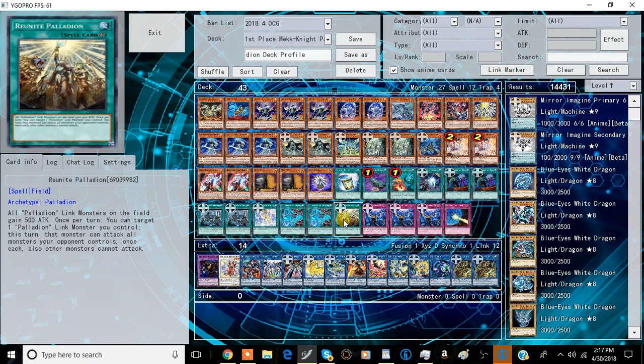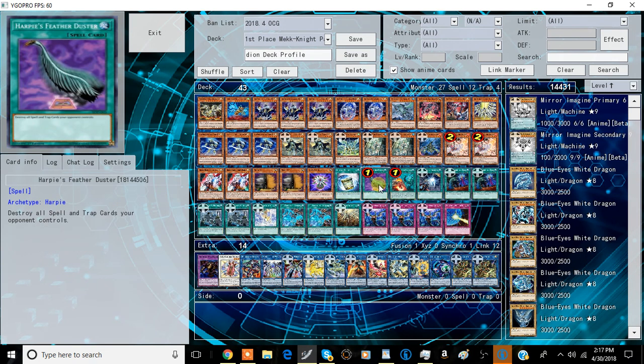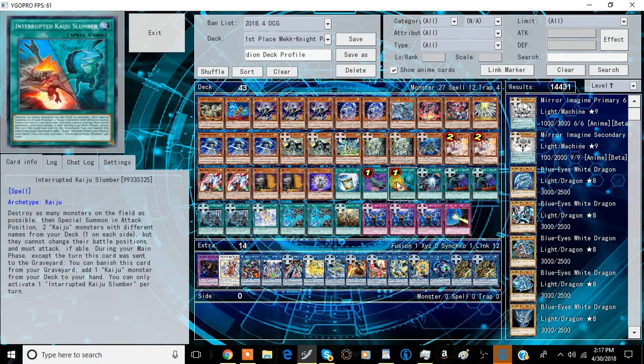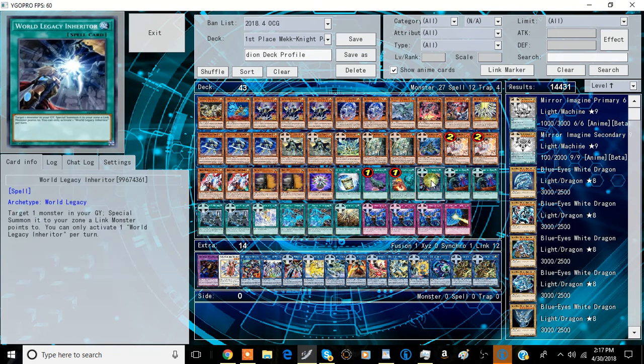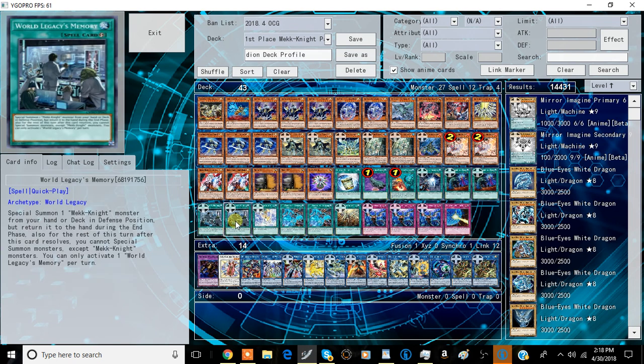This is a very strong spell lineup because Instant Fusion is here to summon the Thousand Eyes Restrict. You have the Harpy's Feather Duster and Kaiju Slumber as really good removal. World Legacy Inheritor is just an absolutely insane card. I'm going to assume that this card is going to be played in a lot of decks from here on out, once it starts making its way at least as a 1 of, maybe even a 2 of in certain decks. Called by the Grave is obviously good, and World Legacy's Memory, we've already talked about this card over on the channel,